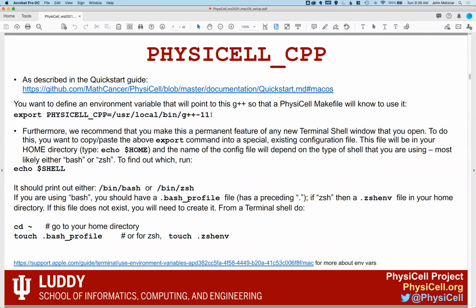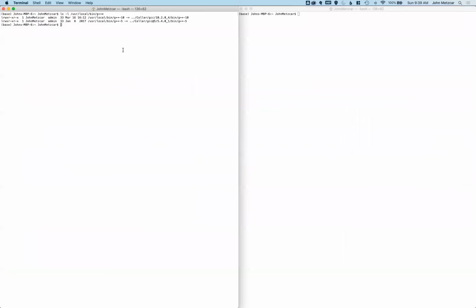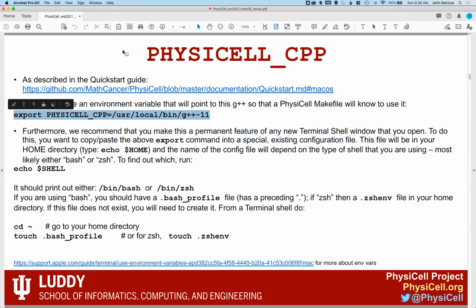In order to run our make files, you need to set a user variable. This slide is what I can copy and paste, and that will make this particular session have that variable. I'm not going to do that because I need 10, not 11. But what we recommend is that